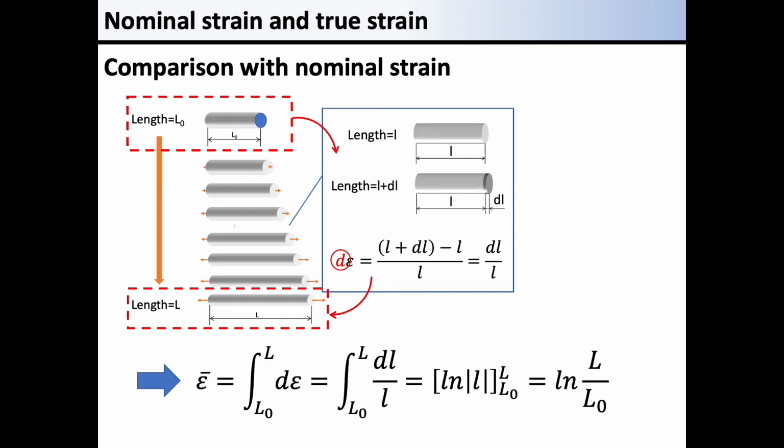What do you think about this methodology? Some of you may feel a little bit uncomfortable with the explanation so far. It may sound a bit weird for you, taking the sum of the strains and the derived formula includes log. The point here is that the denominator in the strain is L. In the concept of nominal strain, the denominator in the strain is L0. In other words, elongation dl was divided by the original length.